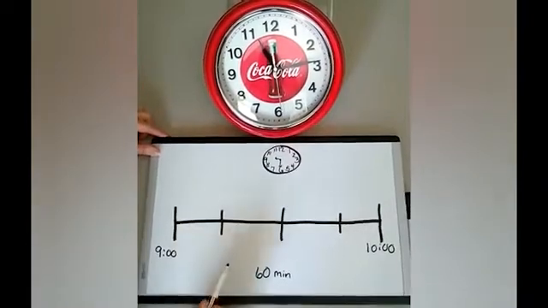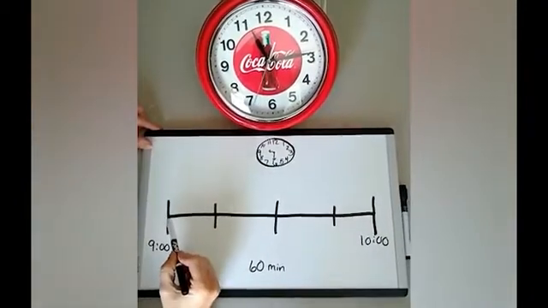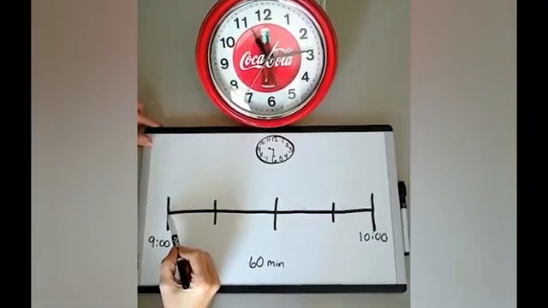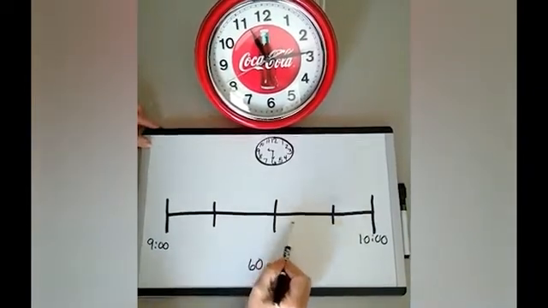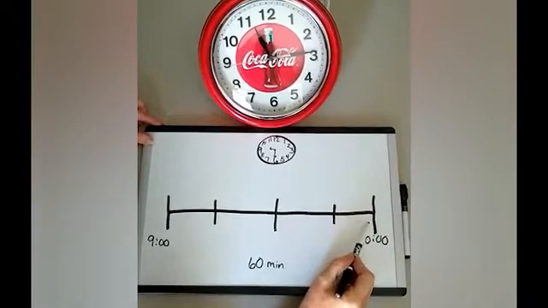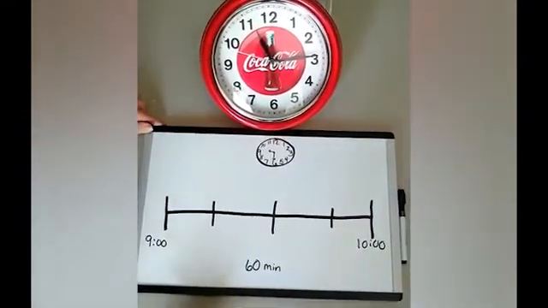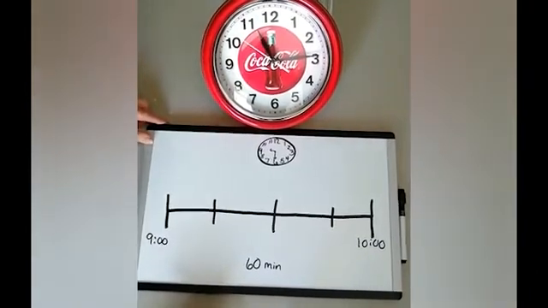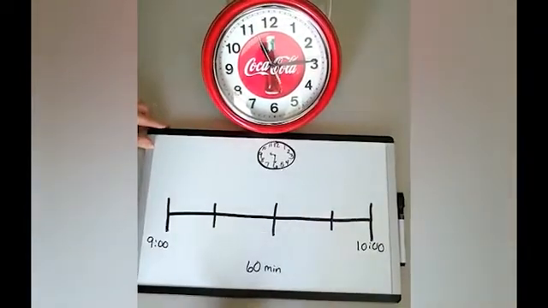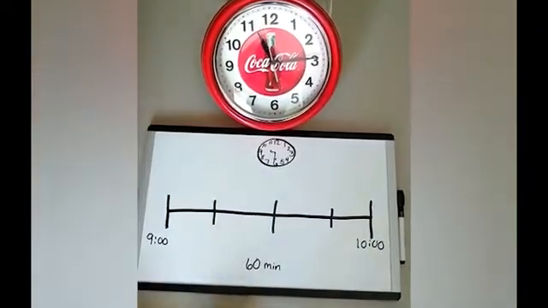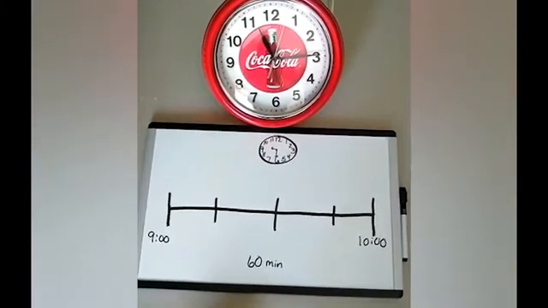Something else I'm going to try to figure out is how many equal spaces this has been partitioned into. If I start here, that's 0, so that doesn't really count. So there's 1, 2, 3, 4. This kind of reminds me of fractions. When we did fractions on a number line, this was our whole hour, and then we partitioned it. So I'm going to think about what I know about fractions and apply it to this